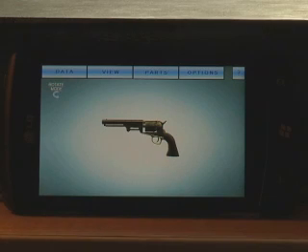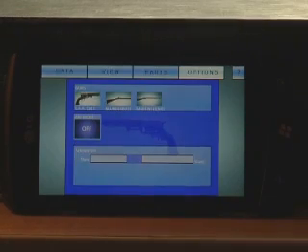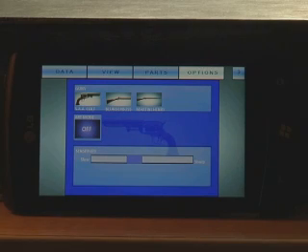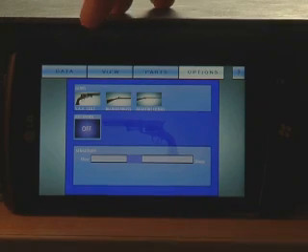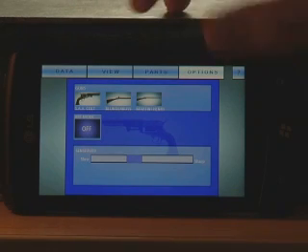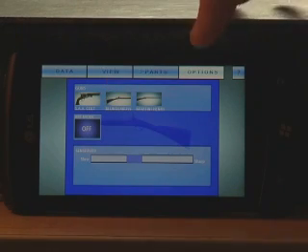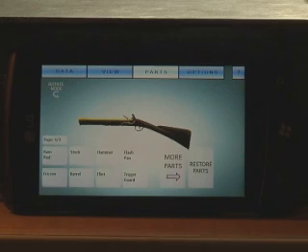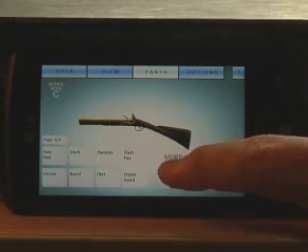Now finally I can take you into the options screen, whereby you have a number of options that you can choose to alter your viewing experience of the model viewing software. You can change the model with the 3 along the top of the screen. The SAA Colt is already loaded, so I can show you the blunderbuss. Now this was developed for the original model viewer by Daniel Fitchie,